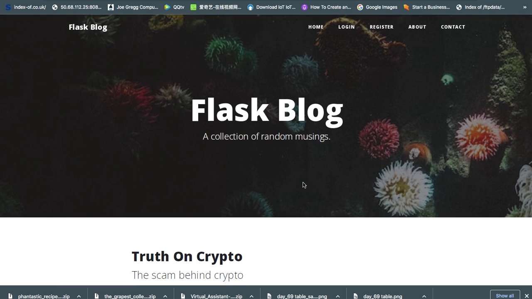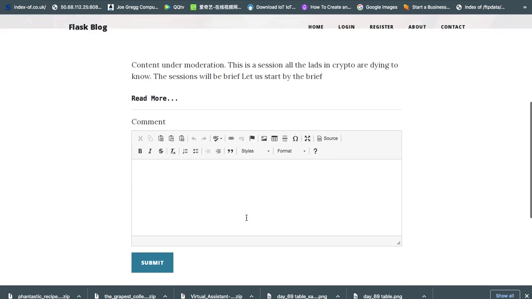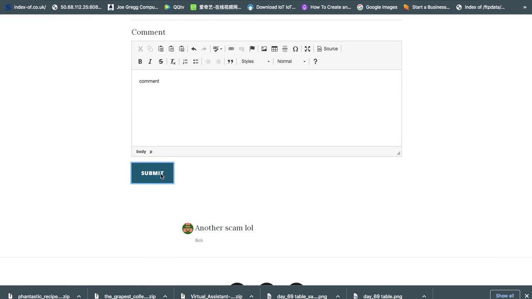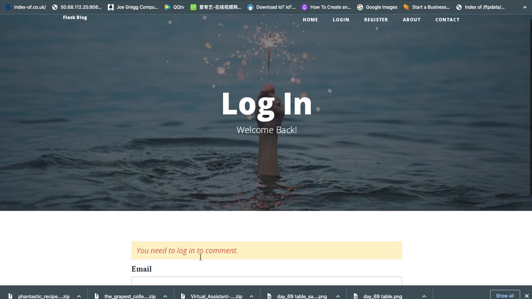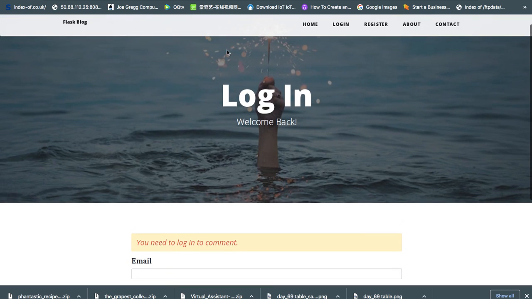Kind of great stuff coming up. This is something that I created myself, and you can put up your comments and everything if you like. It tells you stuff like, for example, let's say comment. If you're trying to comment but you're not logged in, and you say comment, look, it tells you you need to log in and takes you to the login page as well. So all of that and more are coming up on this course. So you really gotta stick around.